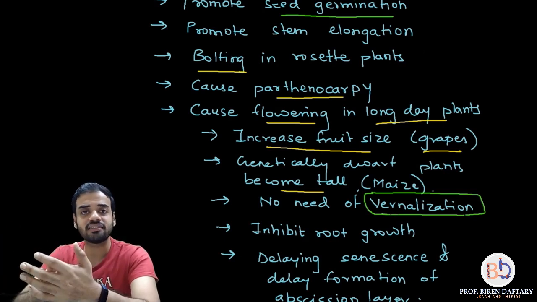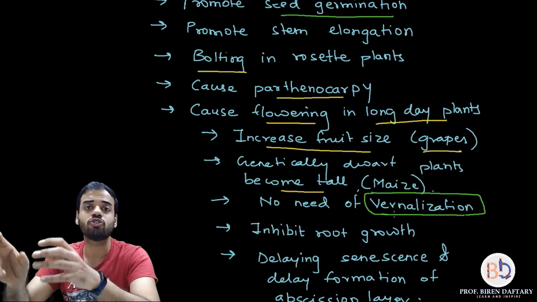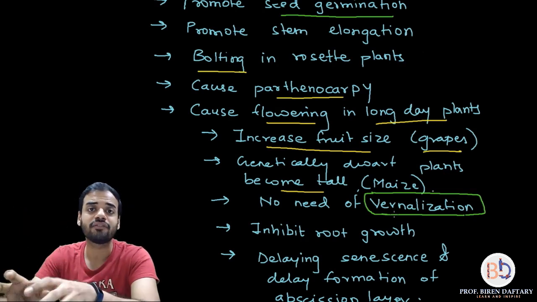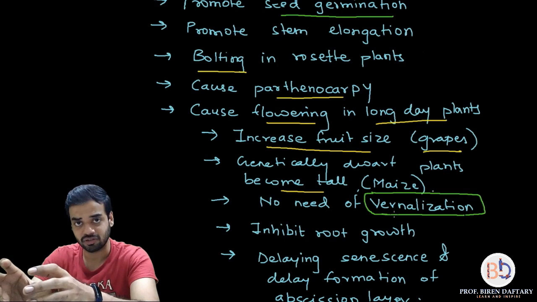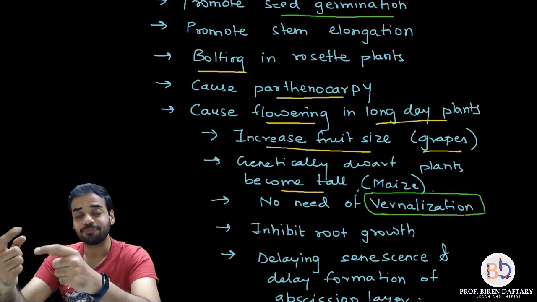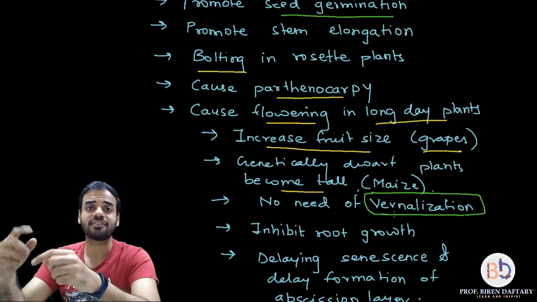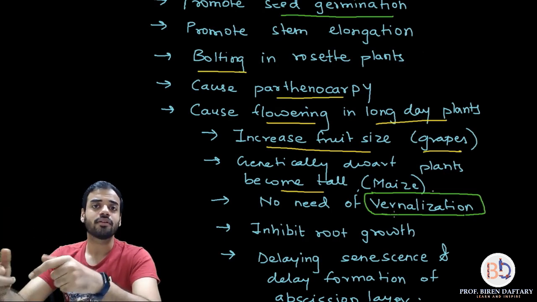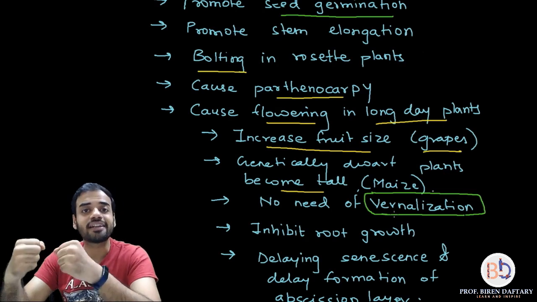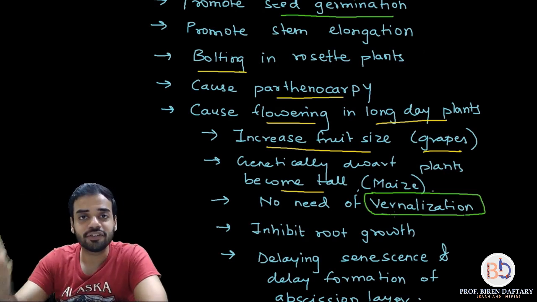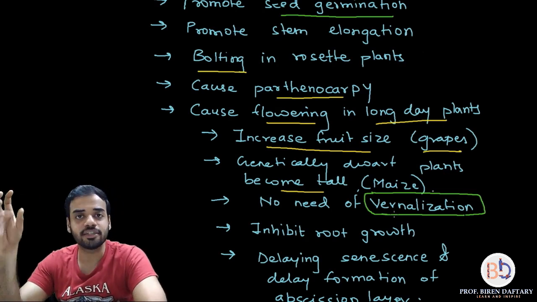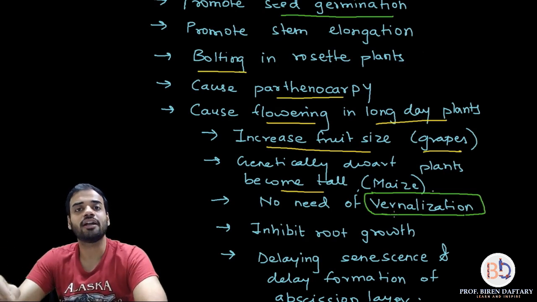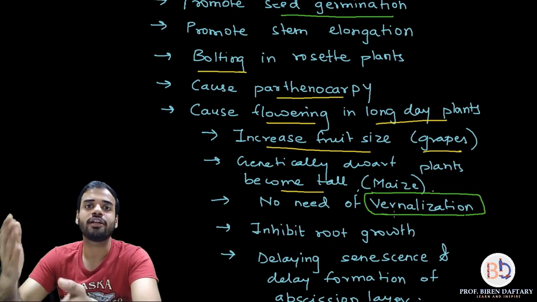So vernalization is an artificial technique in which you put the plants in artificial cold conditions. The mechanism in the plants is that there is winter outside, so after some time there will be spring, and the plant readies itself to grow. So artificially putting the plant in extreme cold conditions so that after some time they will be more productive, that is called vernalization.